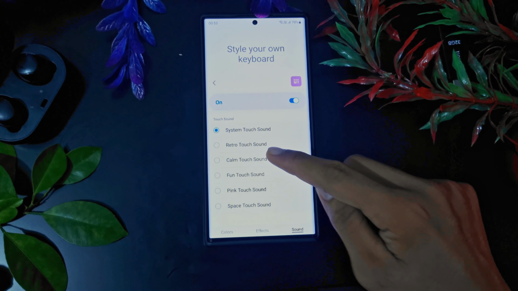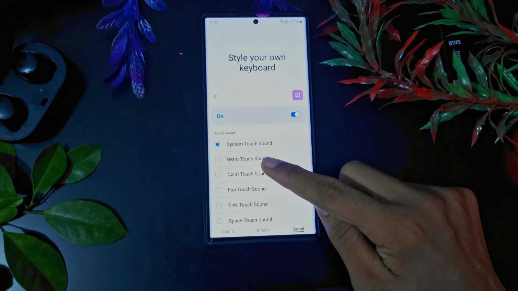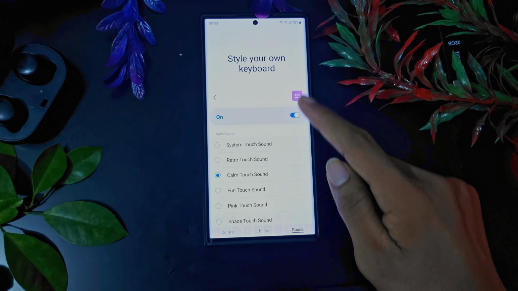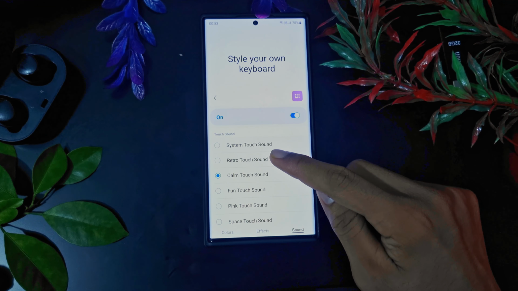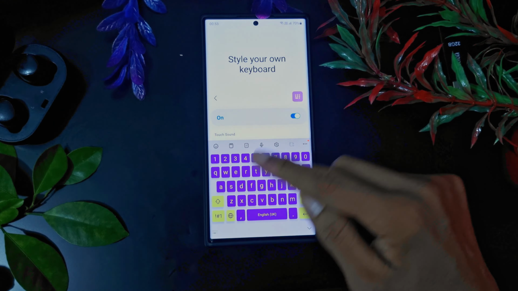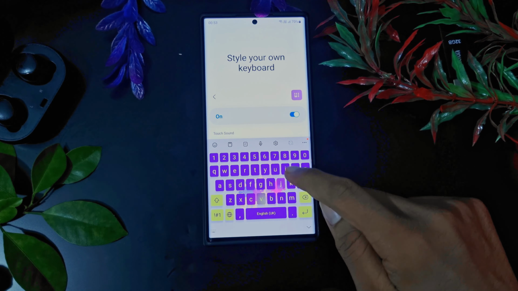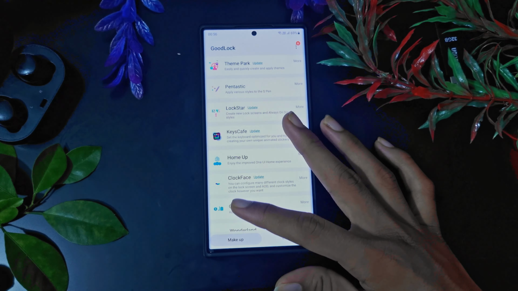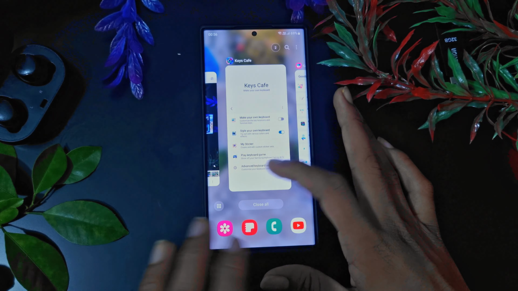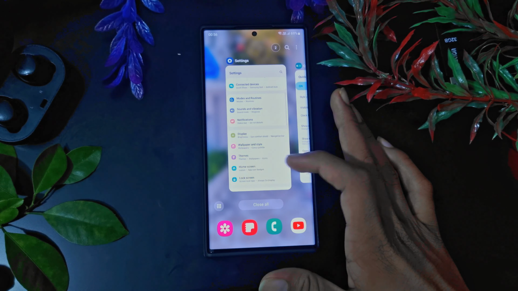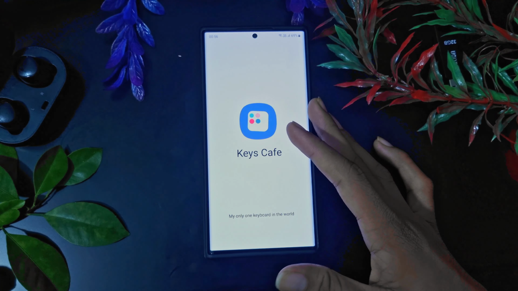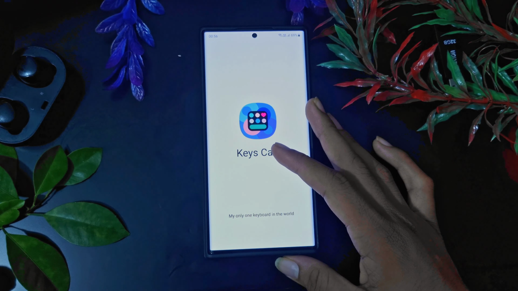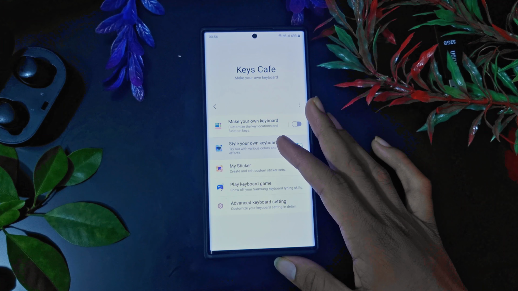I have it on system, which is the default one. I have this on calm, I believe. Yeah, it's really good. And the one I used to have is the retro one. It sounds like a typewriter. It's really good as well. I really love it. And as you saw, I have this type of thing in my recent step, but it wasn't the one that I was actually using for all this time, because until today I was using,